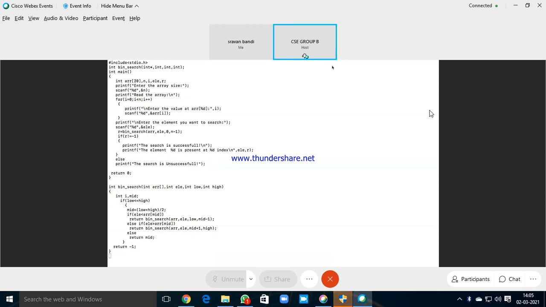Should I draw the recursive tree, or have you understood? Tell me fast. Keep quiet, I'll not be able to say understood. Okay, should I draw the tree?